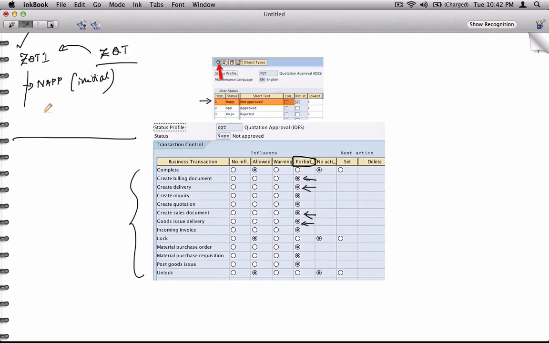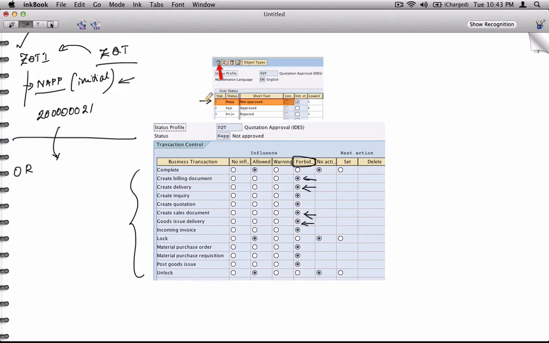Let's say we created this quotation and the quotation number is 200000021, and now we want to create an order out of it. So create an order OR with respect to this quotation. Can you do it? Well, it's not an approved quotation. We don't want to create or allow creation of an order with reference to an unapproved quotation, right? So we control what can be done with respect to a particular status, or what can be done to a particular transaction which is in a particular status,